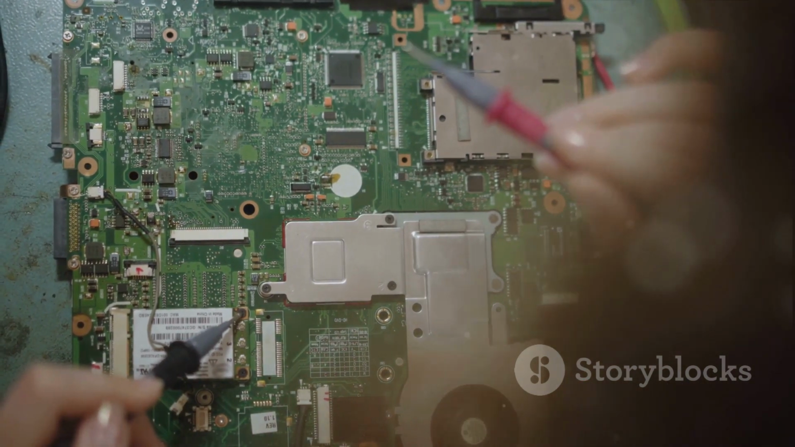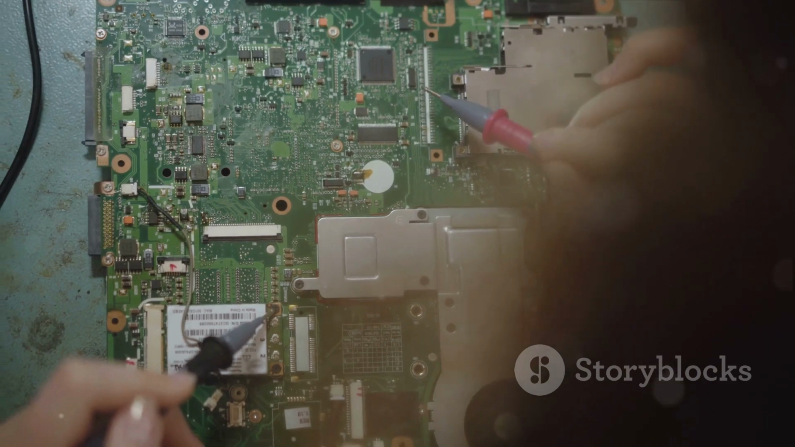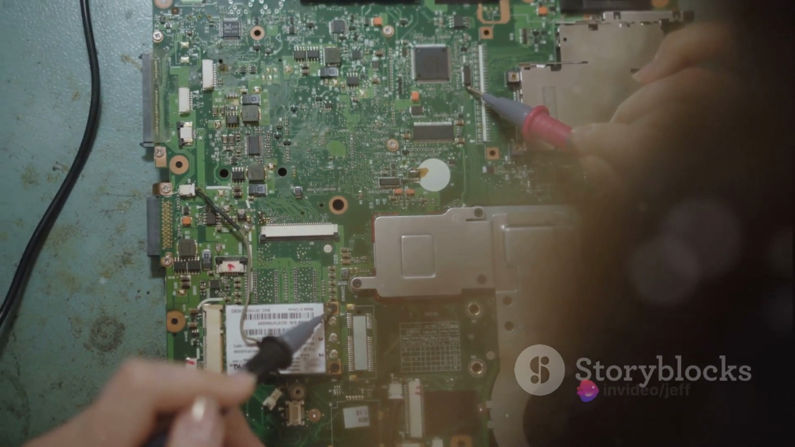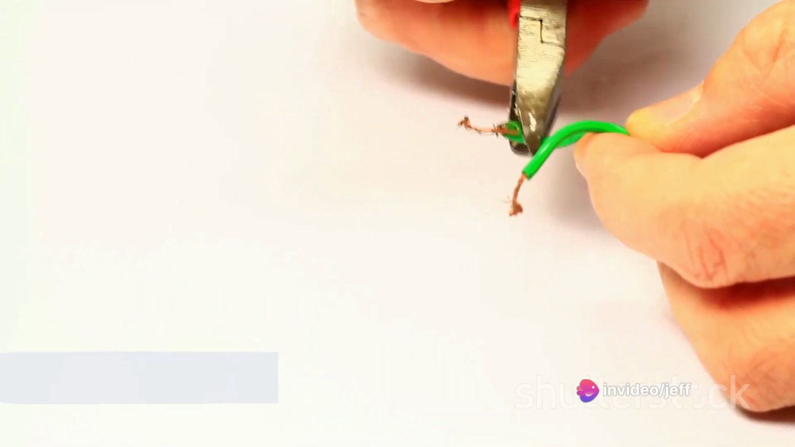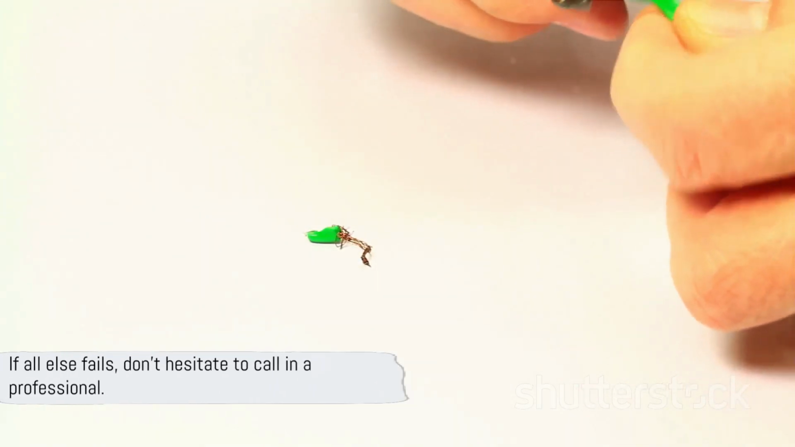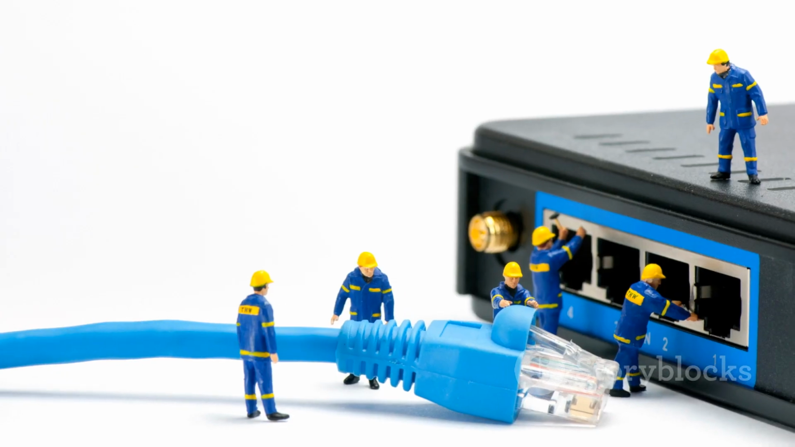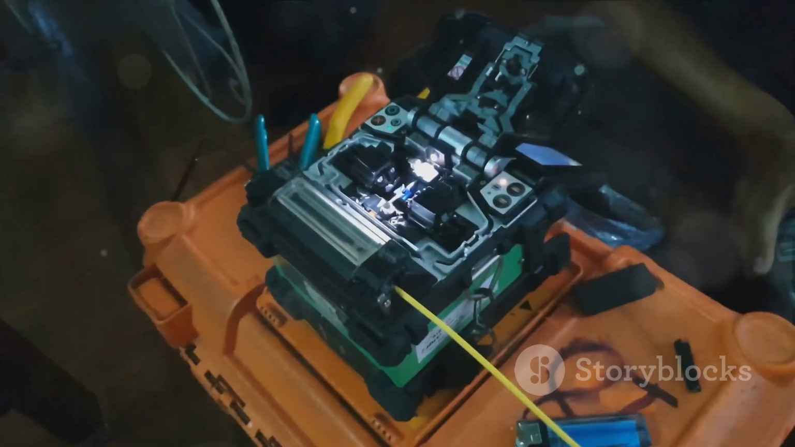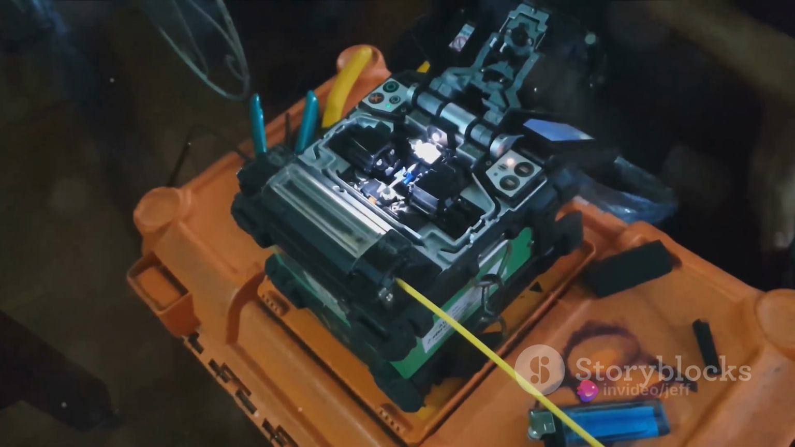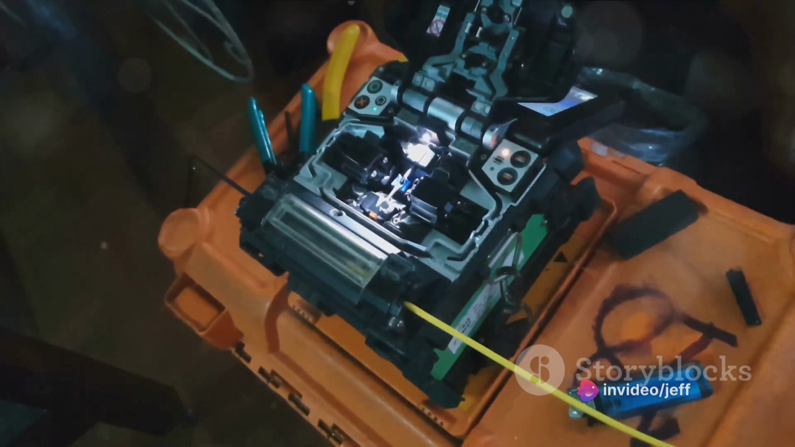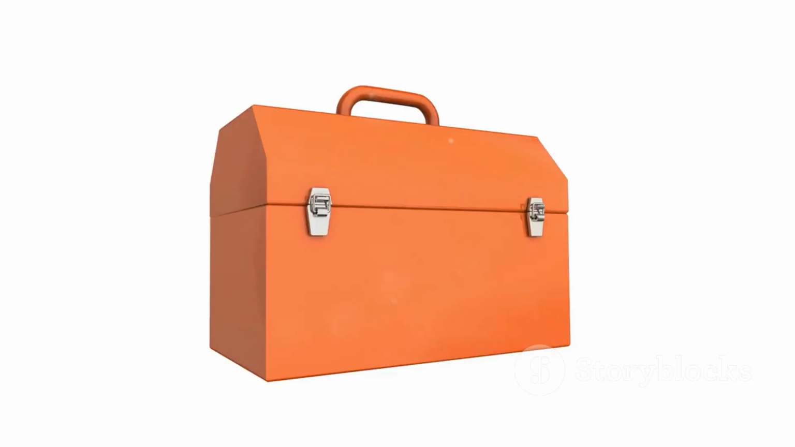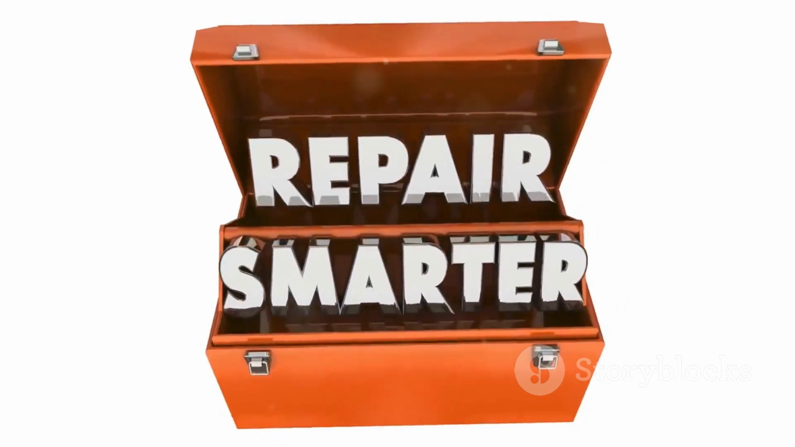Remember, troubleshooting is a process of elimination. Start with the simplest solutions and work your way up to the more complex ones. And if all else fails, don't hesitate to call in a professional. Cable TV repair might seem daunting, but with a little patience and persistence, anyone can become a whiz at it. So, the next time the cable TV decides to throw a tantrum, don't panic. Just recall the steps outlined in this video. With a little bit of luck and a lot of determination, the cable TV will be back up and running